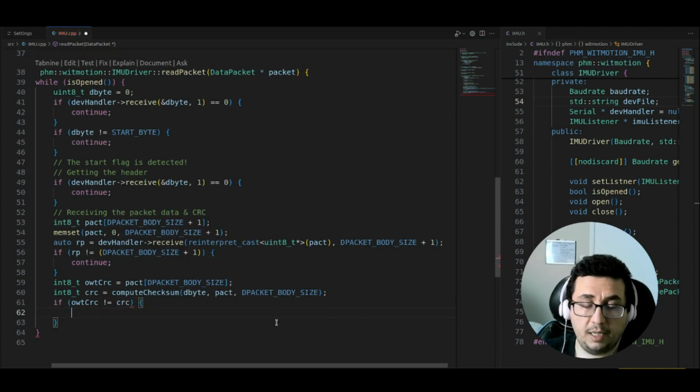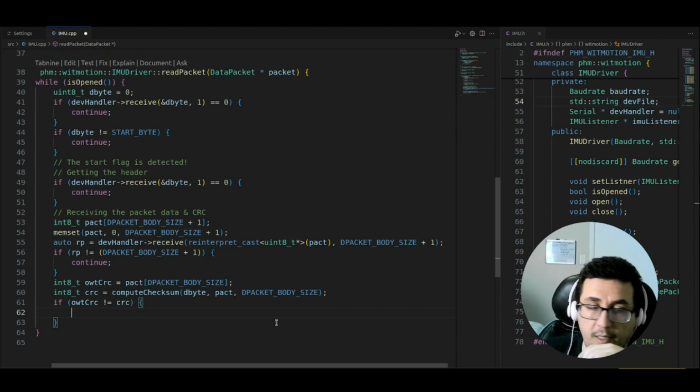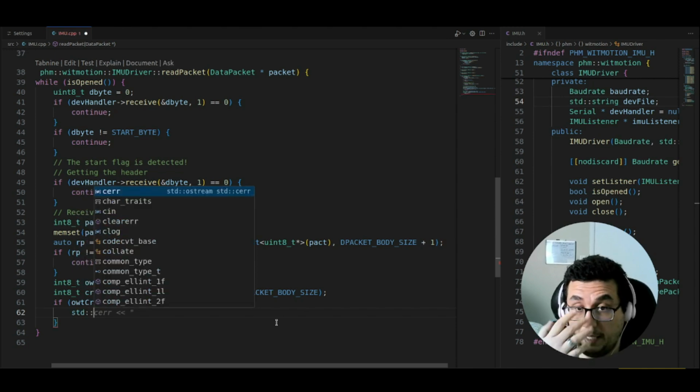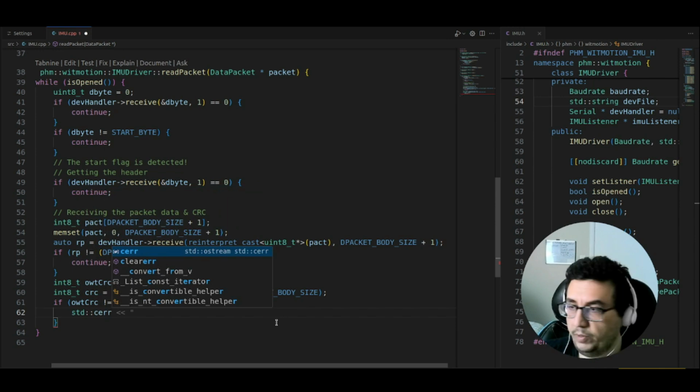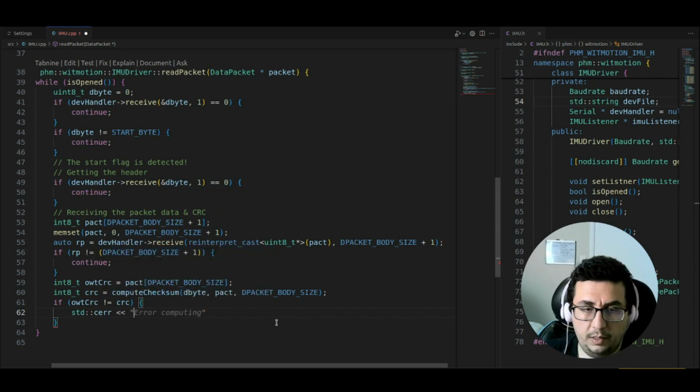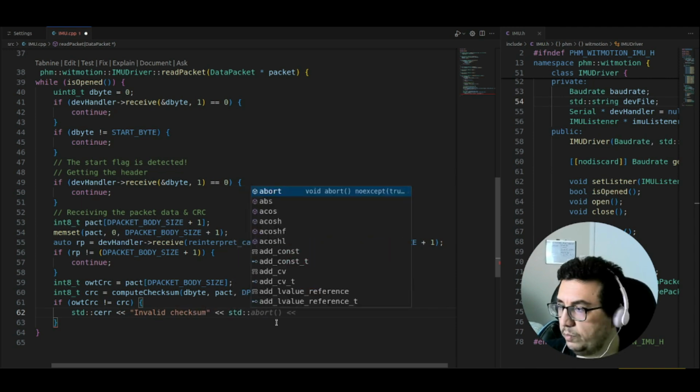So if our calculation of CRC is not equal to the one that we receive from the sensor, it's a failed data packet, and we need to skip it. But before we do that, we say, okay, invalid checksum, very easy, and then